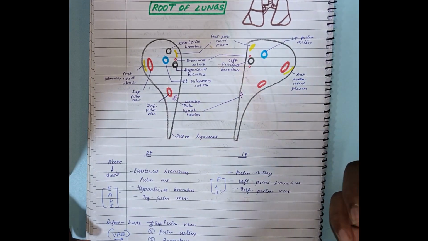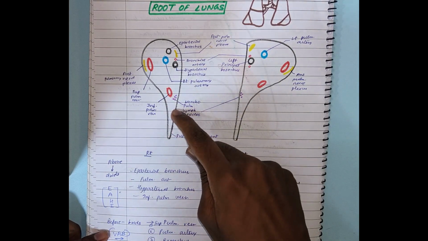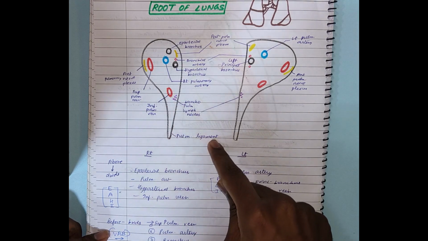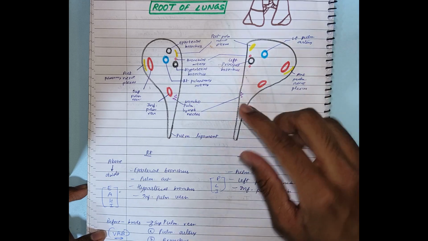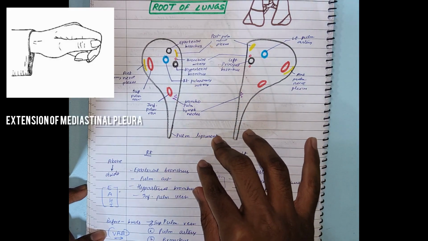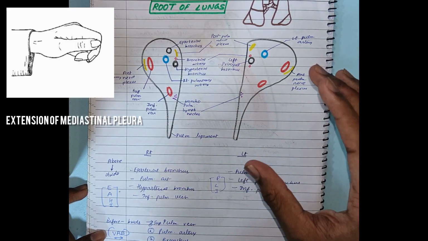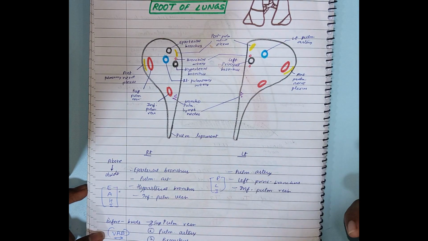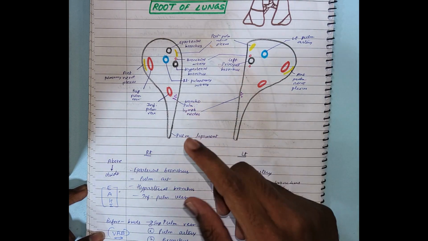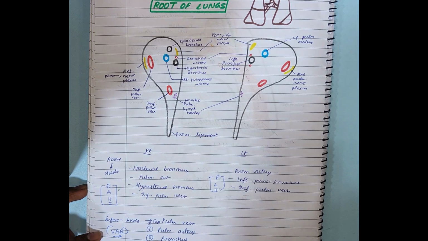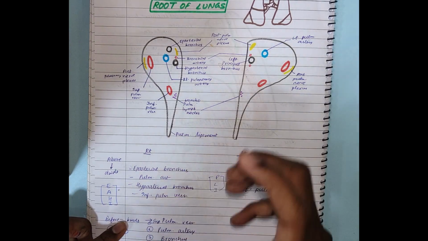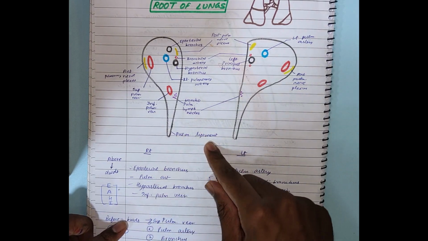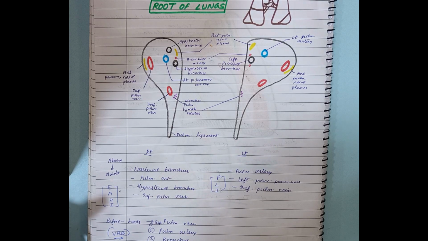Now you might be wondering, what is this extended structure? This is known as the pulmonary ligament. It basically extends like the sleeve of a shirt. The function of the pulmonary ligament is to provide dead space, because in case of excessive or increased venous return, the veins have to dilate, and because of that, excess space is required. So that is why a dead space is provided by the pulmonary ligament in such situations. It is the only function of the pulmonary ligament.